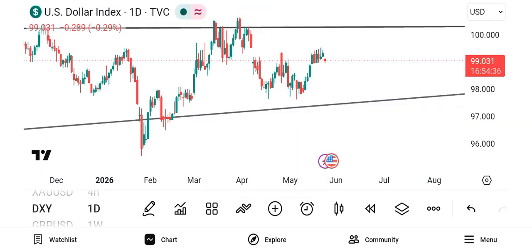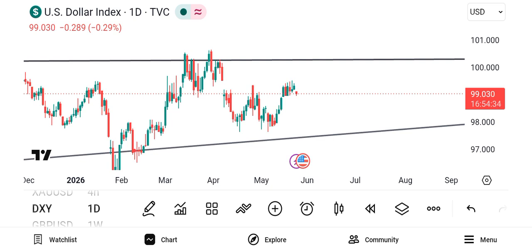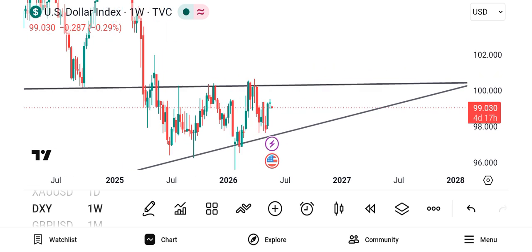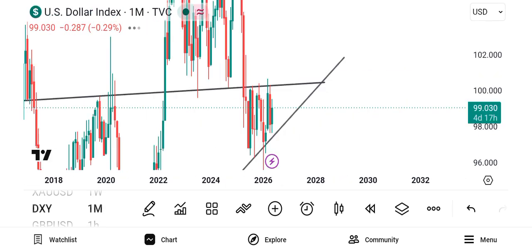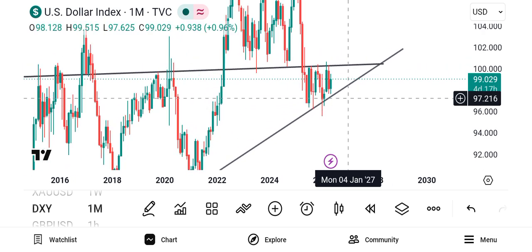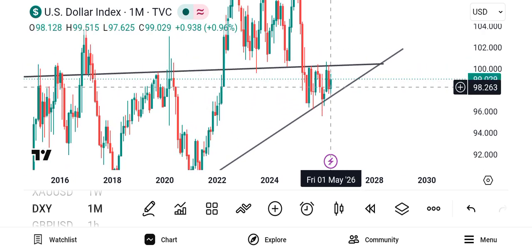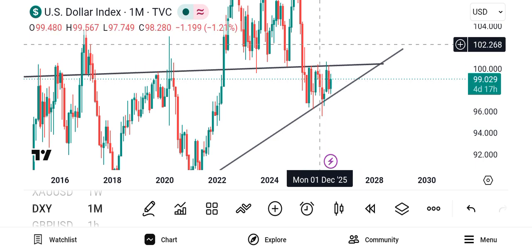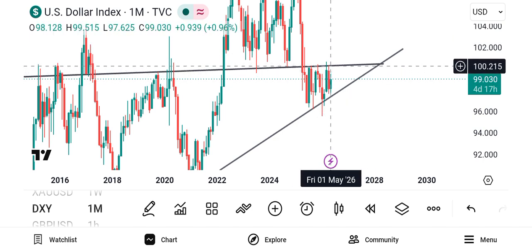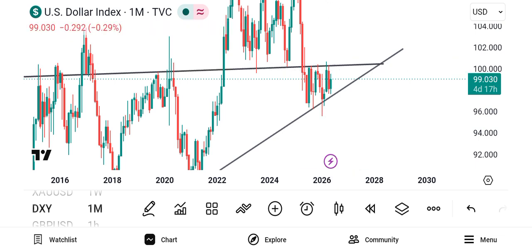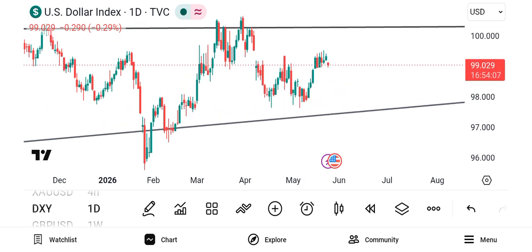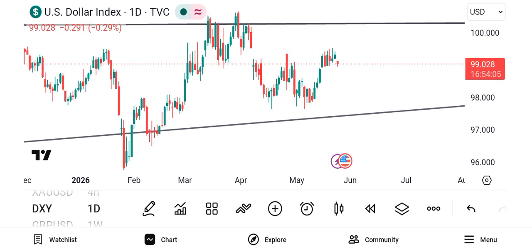You can see from the DXY perspective, if you watch the last video I did, DXY is not giving any significant result here. It's just in between this particular zone. This was the analysis I did. I said I'll be waiting for this particular DXY to break. If it can break and sustain above this zone here, then we can be looking to short GBPUSD with a lot of confidence. But since then, this market has been stuck, not going forward, not going backward. But that is by the way.